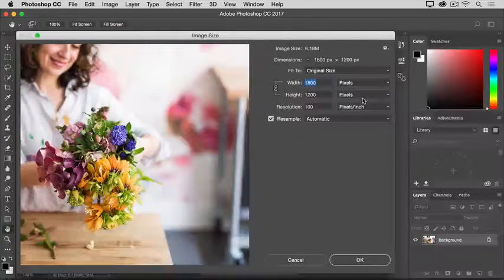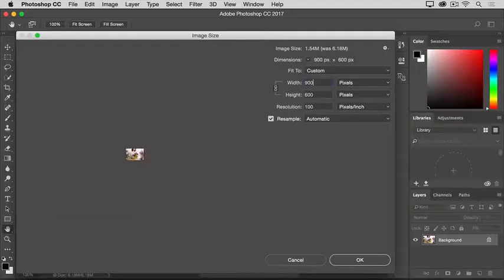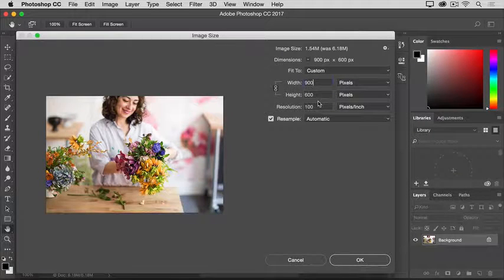Now it's time to change the size. I'll go to the width field, and instead of 1800, I'll type 900. You can see that the height field automatically changed, and it changed proportionately. Now here's a bonus tip. If you wanted an image to have different proportions, say 900 by 400 rather than 900 by 600 in this case, the best way to achieve that would be to use another tool, the crop tool, which we're going to